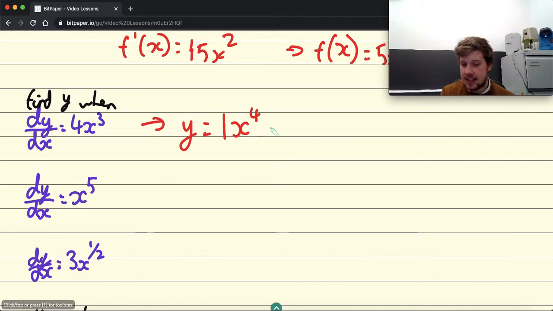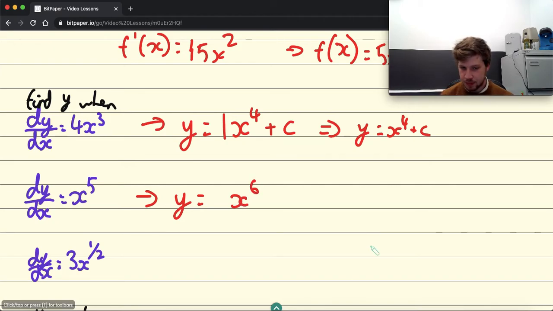Once I've done that, I need to add on my constant of integration, because this is something called an indefinite integral. So we would actually just write this as y equals x to the 4 plus c. For the next question, I've got x to the 5. The way I would write this is y equals, I would always add 1 to the power and just write it down. And now I'm going to divide by the power. Well, dividing by 6 is just going to be a 6th lot of x to the 6,